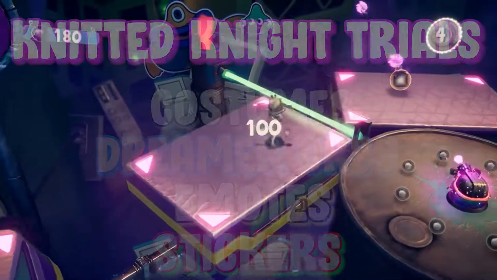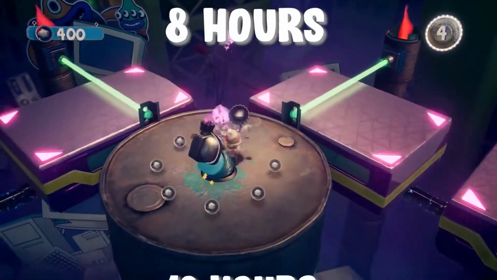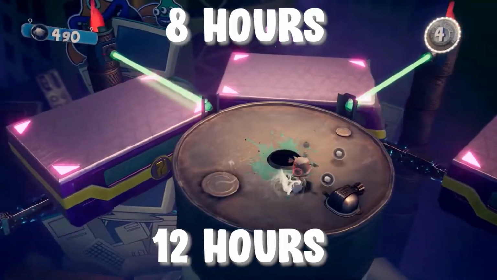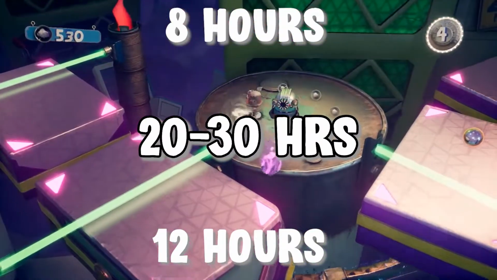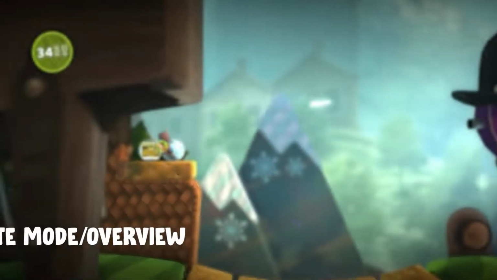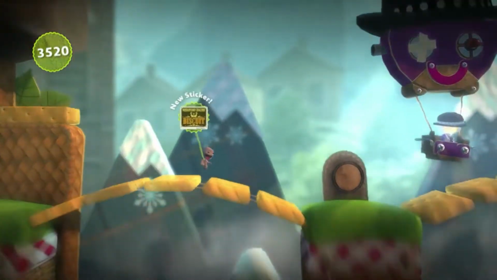For most people though, I could see it taking anywhere north of 8 hours for the base game, and an additional 12 for the extras. So yeah, at least 20 to 30 hours of content ain't too bad for a traditional 3D platformer. Naturally though, that doesn't even come remotely close to LBP, with each LBP title offering thousands upon thousands of hours